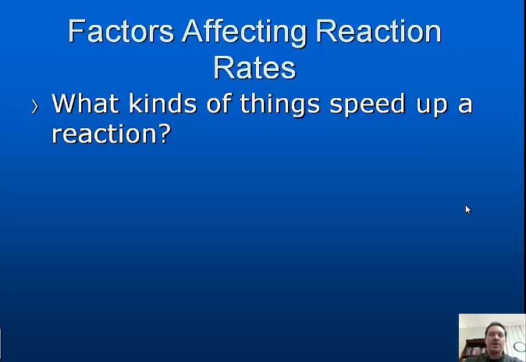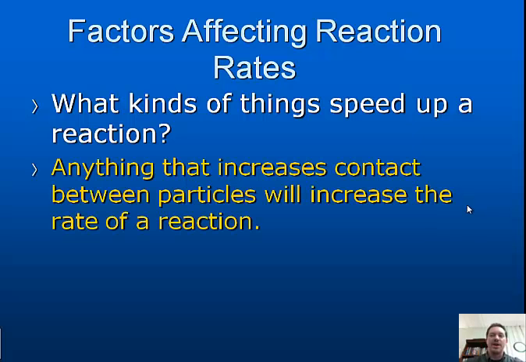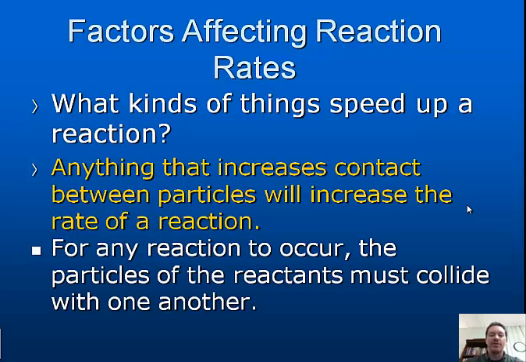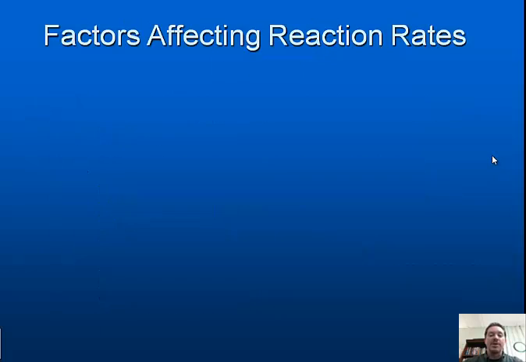So, start looking at this first question. What kind of things speed up reactions? Anything that increases contact between particles will increase the rate of reaction. For any reaction to occur, the particles of reactants must collide with one another. So we have to find a way to make those collisions occur more frequently for a reaction to speed